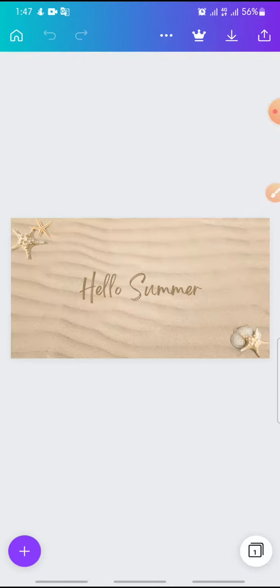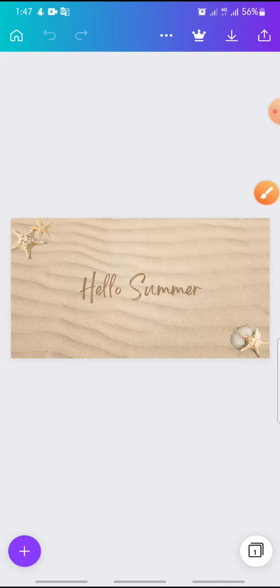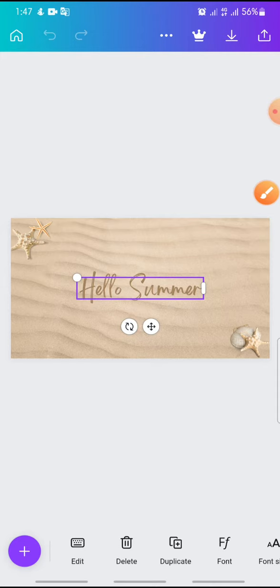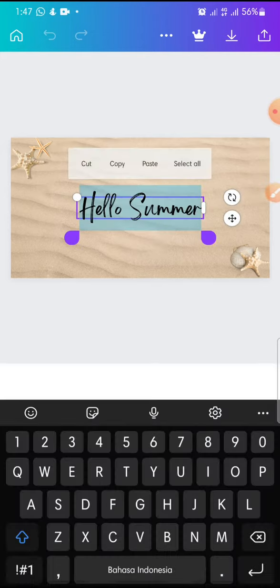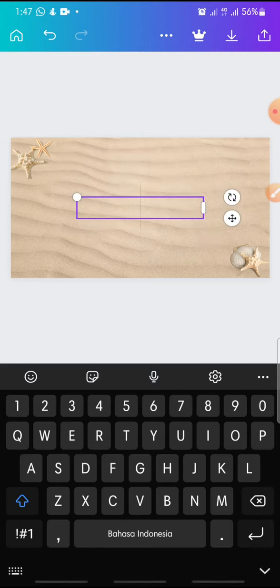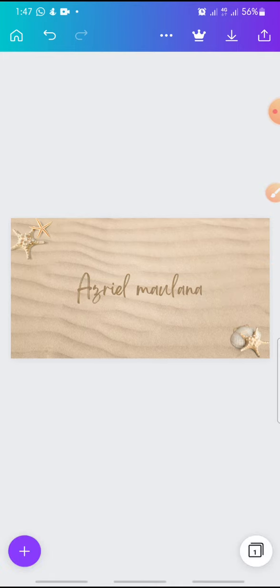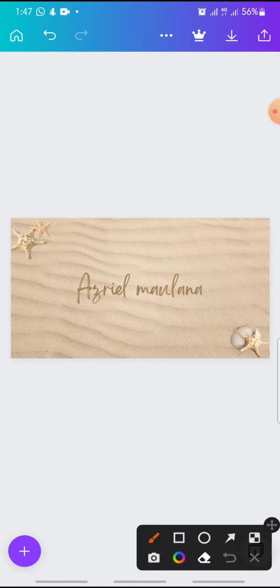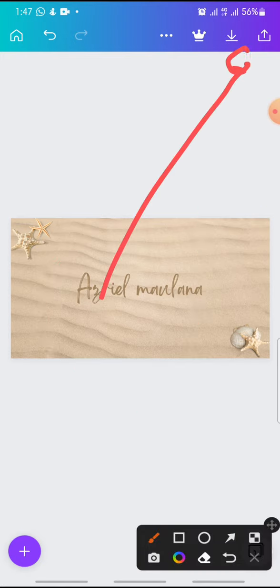So if you wanna change the text, you just click on it, and after this you can write the text that you wanted to change, maybe your name, like this. And after this, if you wanna save this Facebook cover, you can click on this icon, click on